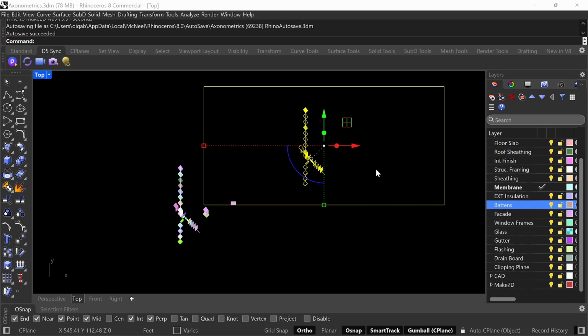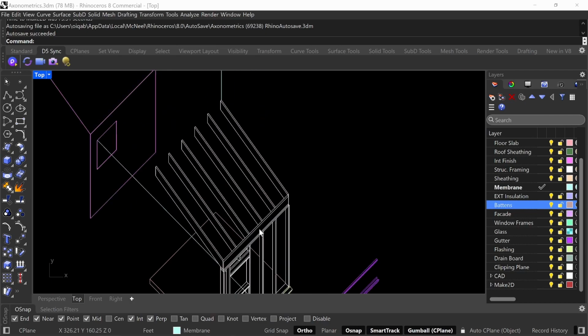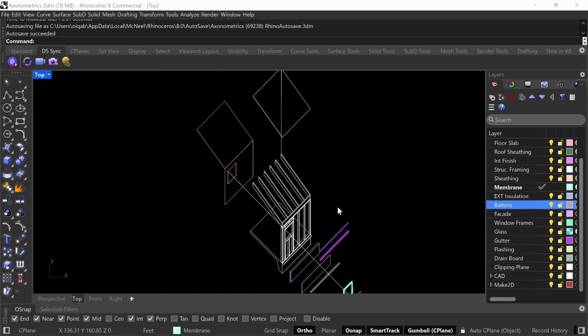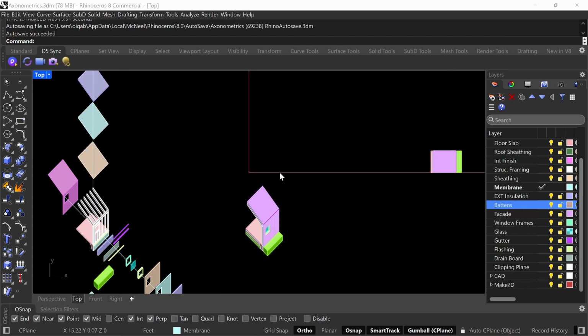Okay, great. So it took a while to do it, but it made 2D. Excellent. And this is exactly what we want to see here. Beautiful. This looks fantastic. And so I also want to make 2D this axonometric because we're going to use this